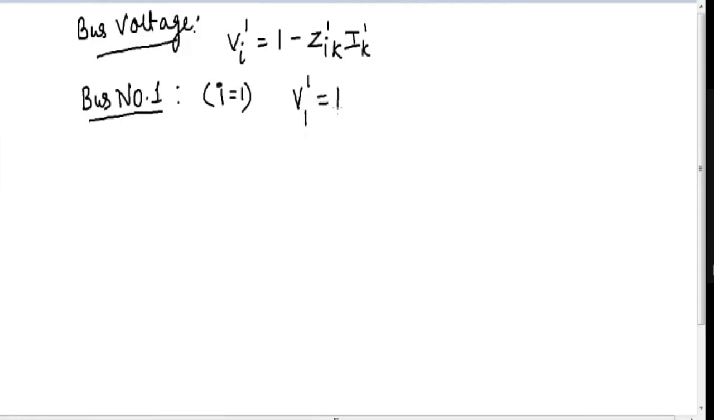V11 will be equal to 1 minus Z1k. k क्या है? k 4 है क्योंकि फॉल्ट कहाँ आकर हुआ है? 4 पे। So equation becomes in this way 1 minus Z14 I41. तो इस तरीके से हमें ये इक्वेशन मिलेगा। अब Z14 के लिए हमें टेबल में जाना पड़ेगा जो ZBus का दिया हुआ था क्वेश्चन में। ZBus के टेबल में हम Z14 चेक करेंगे तो Z14 हमें मिलेगा 0.135